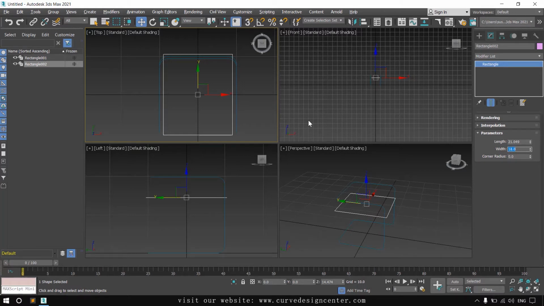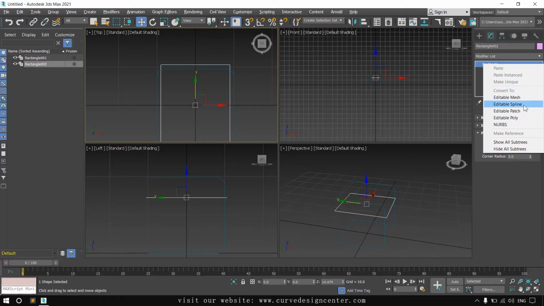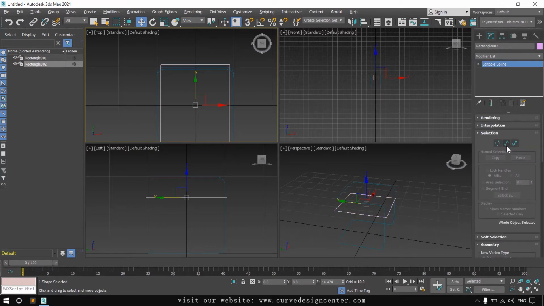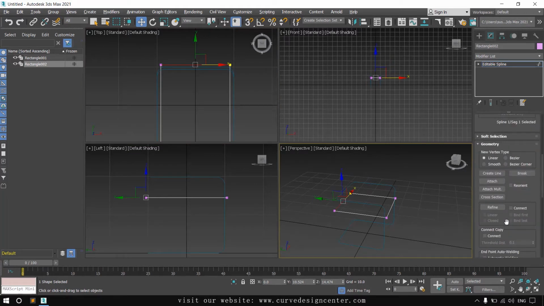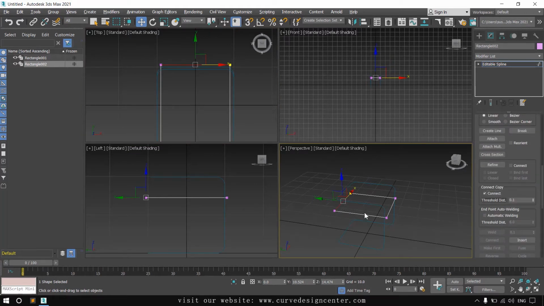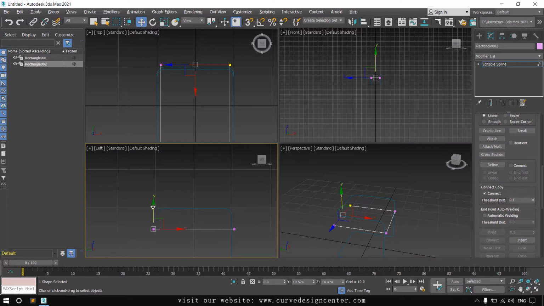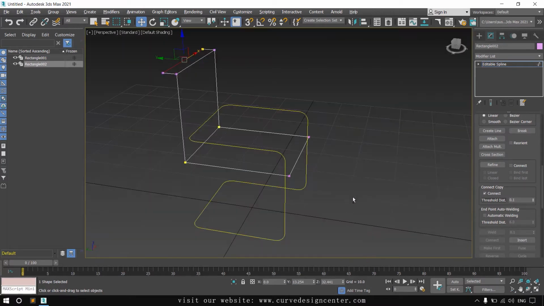Width should be 18 because it's inside the outer frame. Now right click and choose editable spline, select segment and repeat the last command. Copy connect, shift and then click and drag upward, and one more time. Okay.